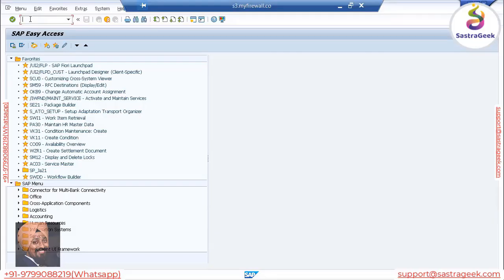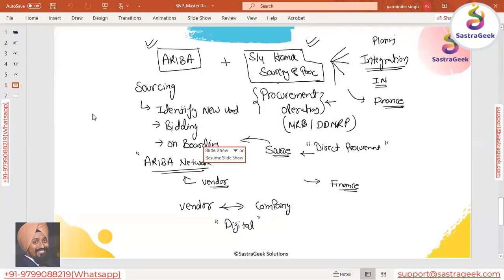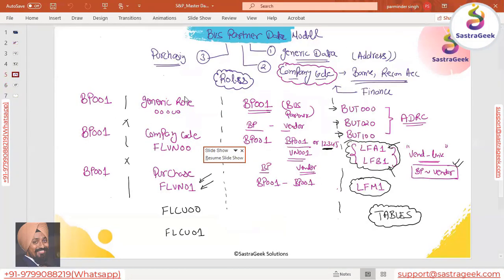Let's go into the system. And now, as the motive behind this, you should understand the structure of the data model. One of the motives is that you should understand it because the vendor is there, right? The data model is getting updated, which means although we have a business partner, we still need to do all of the configurations required to create a vendor. So all of those configurations we need to do.